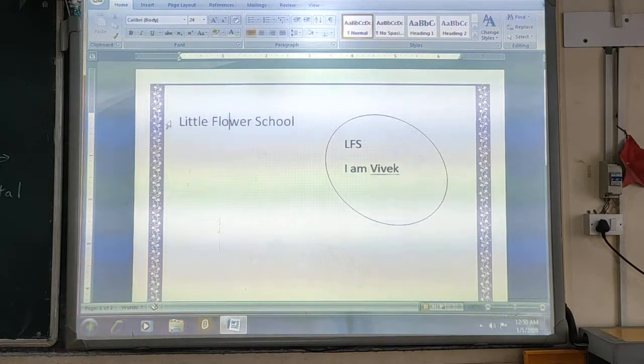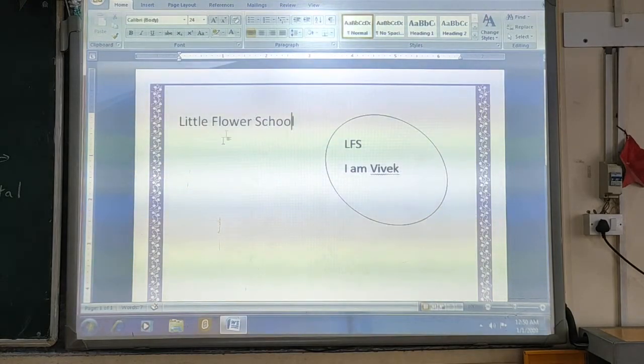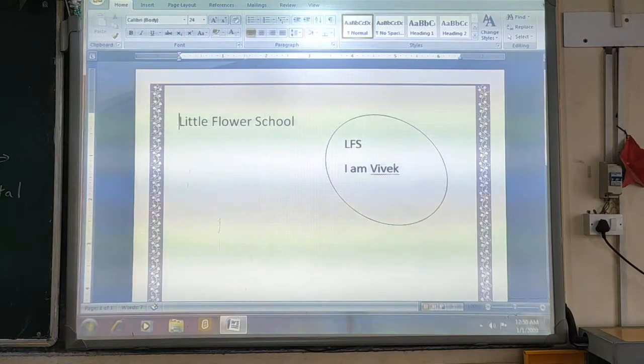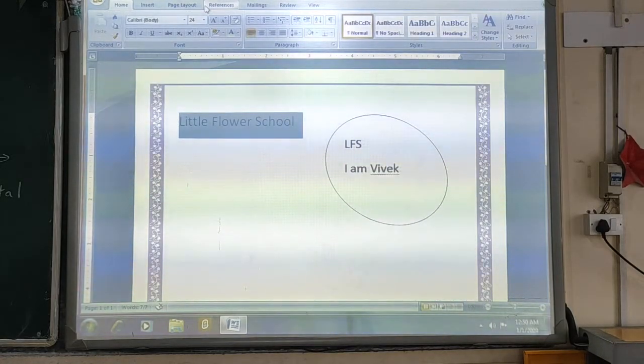You have written this, and now this is all about how to use the border. Now if you want to add the shading effect to this particular heading of our document, what you will do is first select the text, okay, and after selecting the text,